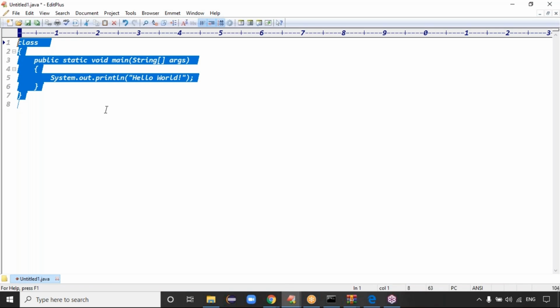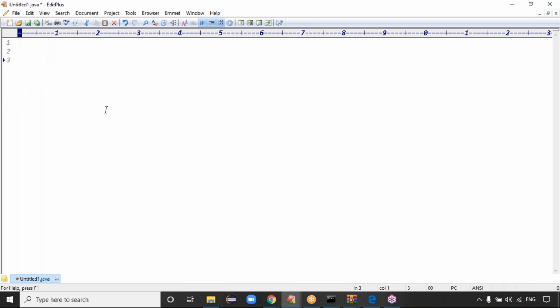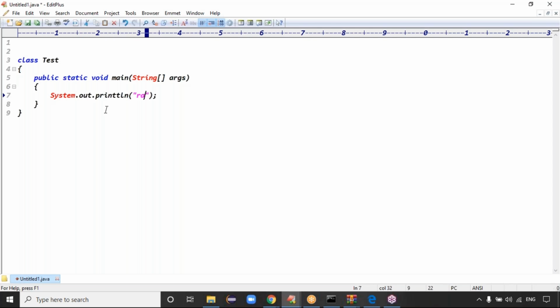Exactly. Otherwise, let me write the code again. Java is object oriented, deals with classes. Everything we have to put inside the class, right? The class is called Tester. Guys, inside the class, can we write the logic directly? No. That's why you define the method. What is my method, guys? Public static void main, with a String array args, right? That's it. Now System.out.println, here you can write Ramu, right?